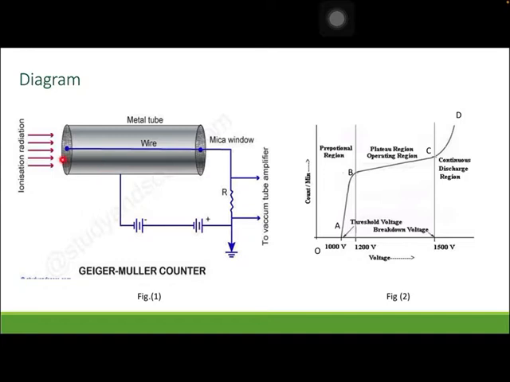Okay, and then this whole thing is enclosed in a glass tube. Okay, so this is filled with the gas. 90% it is filled with argon gas or xenon, any inert gas will do, and 10% it is filled with ethyl alcohol. Okay, and then this is connected to a high resistance in the external circuit, and then you have the counters. Whatever pulses you get across this resistance are amplified and